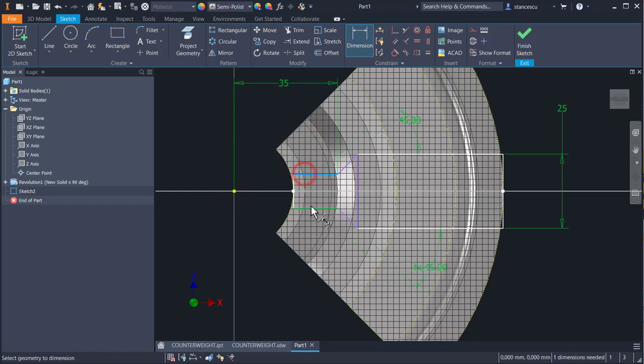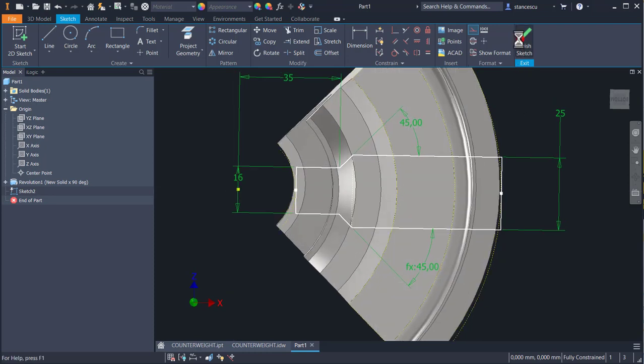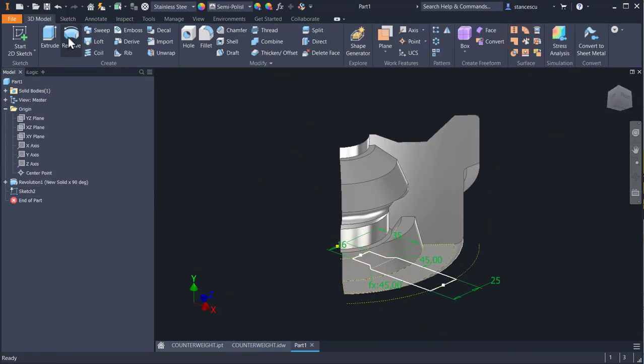And 16 here. I don't delete this line, I make it construction line, because I want to maintain the integrity of the rectangle, the first rectangle. Finish sketch, extrude,